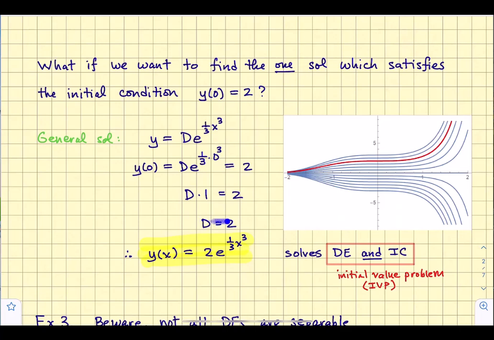But don't stop here. This is not your answer. Your answer should be to return to the general solution and substitute in the value of d that you found. So we want to substitute in d equals 2 here. And notice from this many members of this family, we've selected one member, the one with d equals 2. And that can be seen graphically over here. The one in red, the curve in red highlighted, is the one that passes through 0, 2. And that's the one member of the family that solves not only the differential equation, but the differential equation together